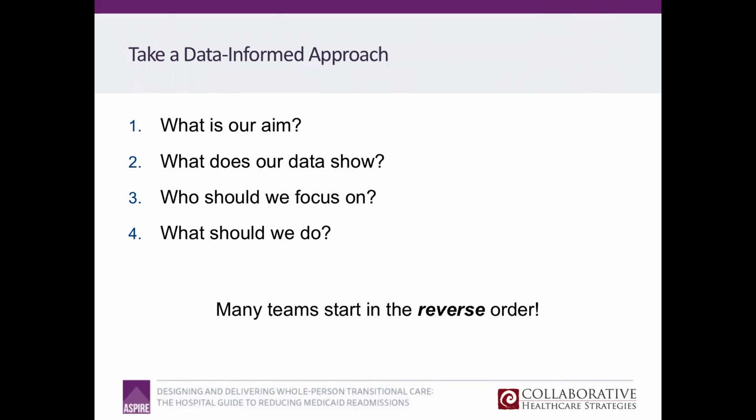Our aim is to reduce readmissions, and we've got observed to expected ratios, we've got targets, we've got 6-month goals, we've got 12-month goals, right? So what's our aim? And then what does our data show? If you're focused on Medicare pneumonia readmissions, you want to do a Medicare pneumonia data, all readmissions, payer by payer readmission analysis like we discussed in webinar number 1. And then you remember, marry the quantitative data with the qualitative data from your readmission interviews, right?